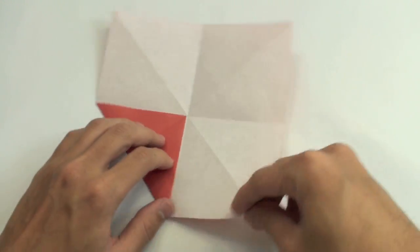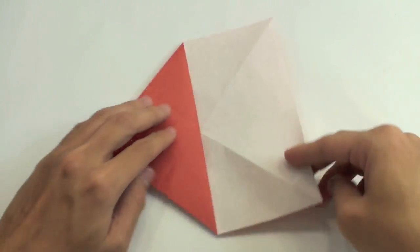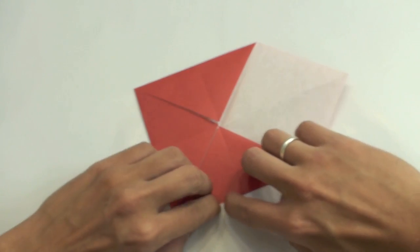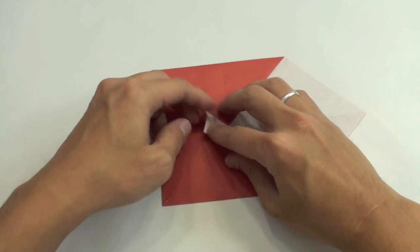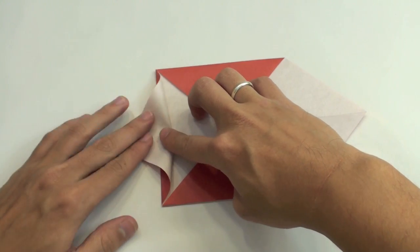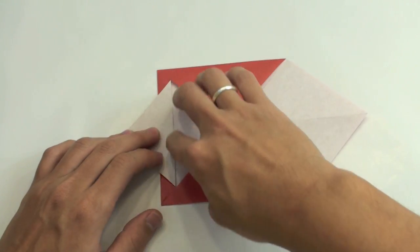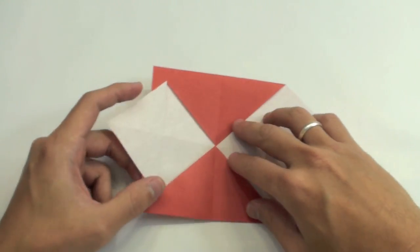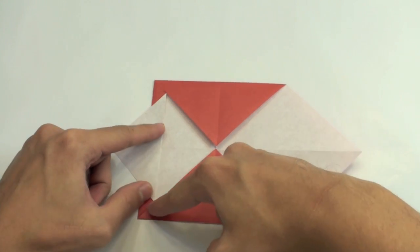Okay, and repeat on 3 sides. Like this. Okay. Now fold here up to this point. There's no exact point, just fold something like this. Now we are going to make a valley fold along this line here and this line